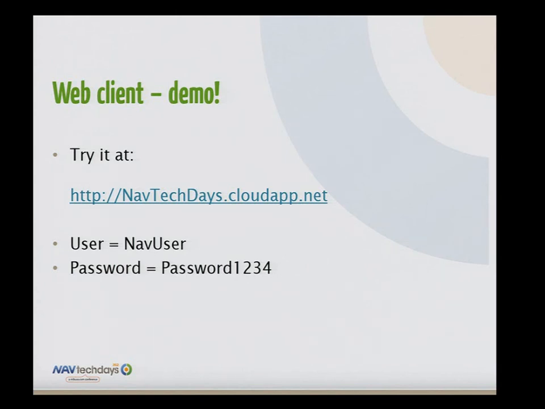So now Stefan has set up an Azure VM. He created a VM on the Azure portal. He copied the setup files. He ran the setup. He installed the web client. He can send out links to his end users and they can connect. That's great. But what about the people that are heavy users that need to enter a lot of data or who need the integration to Excel, for example? They would still like to have the Windows client.